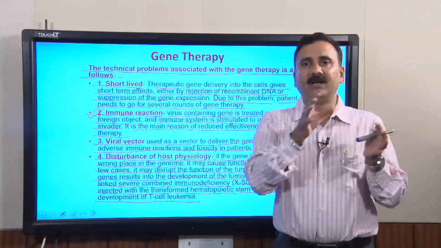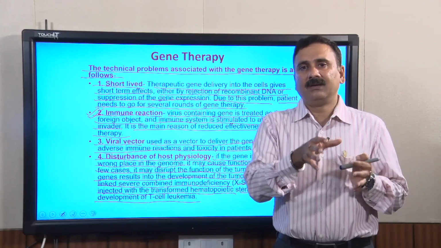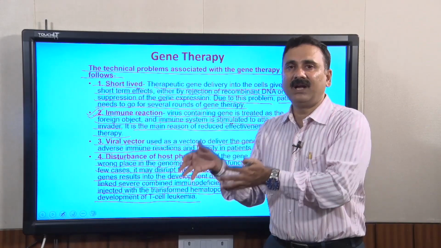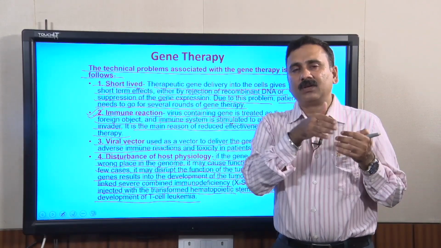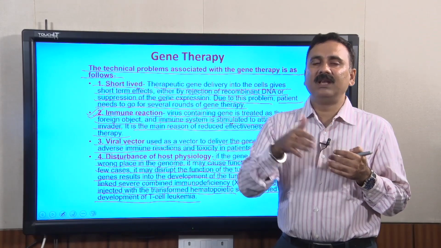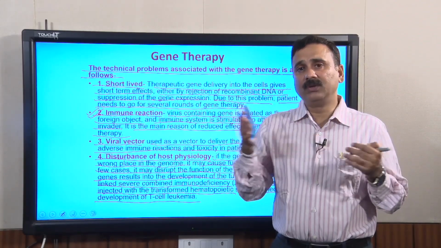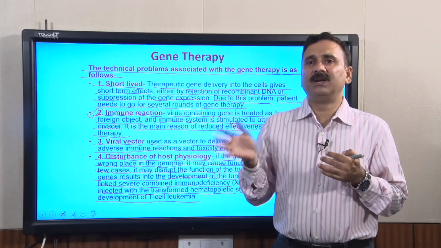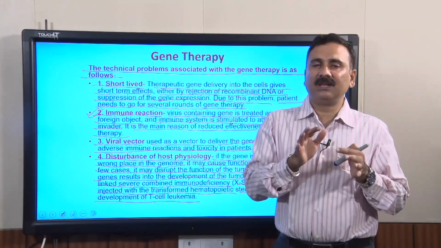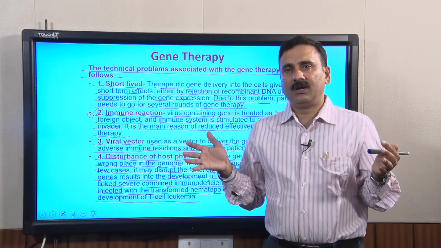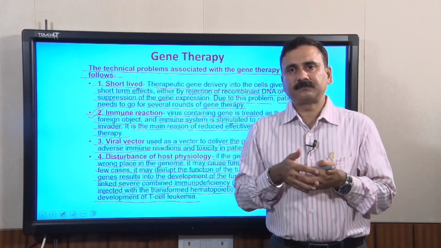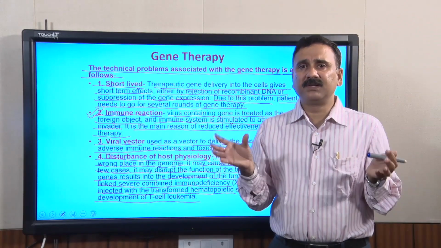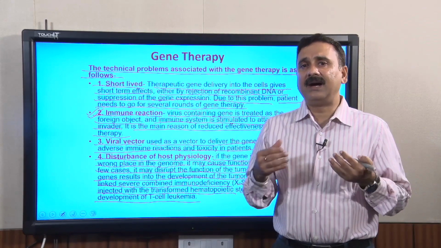For example, if I need hexokinase at time 0, or when I have taken a breakfast, but the hexokinase level might be very high throughout the day, that is going to disturb the overall metabolism of that particular cell as well as the individual in totality. The other aspect is, suppose we put the homologous sequences to these genes and ask them to go for recombination, and if there are any